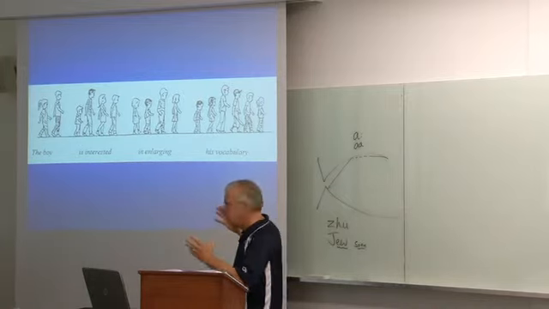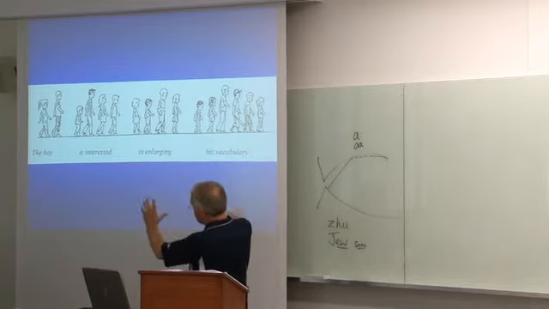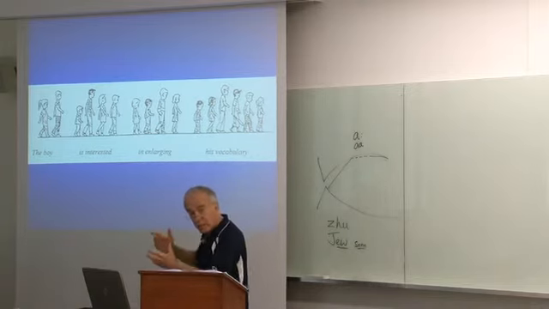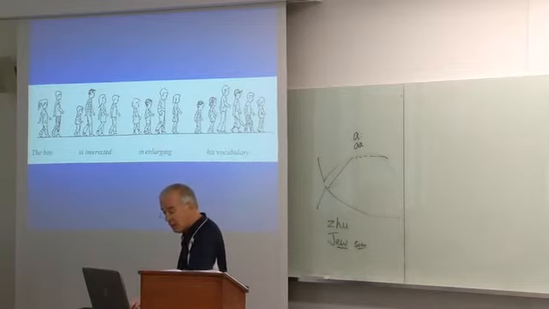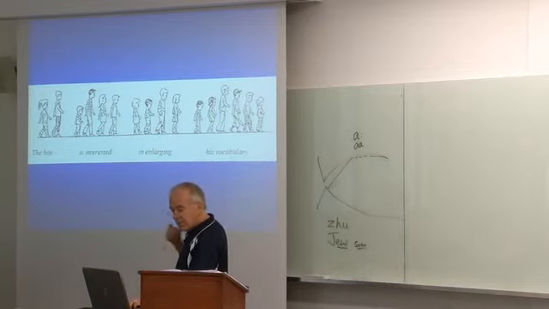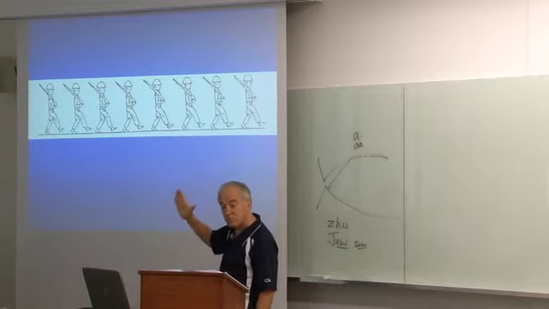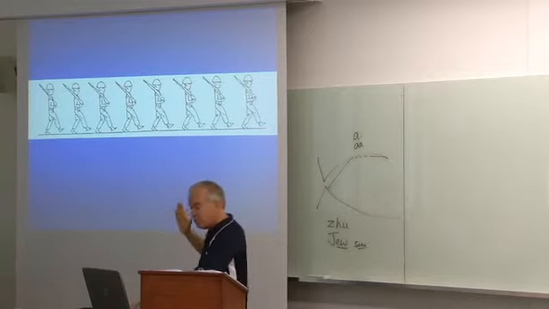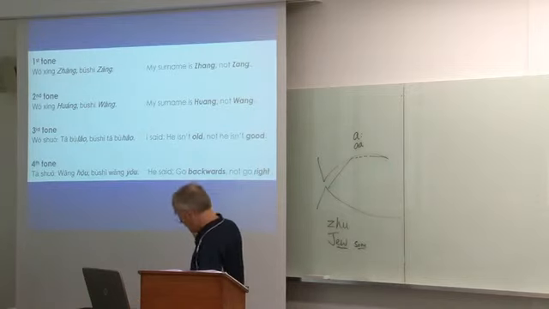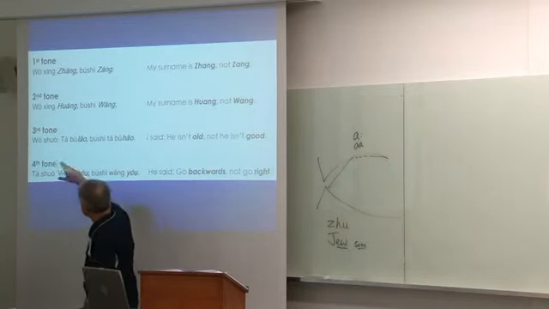In English we group words together. The boy is interested in enlarging his vocabulary. Jack and Jill went up the hill to fetch a pail of water. But in many Asian languages, like Chinese, it's more like soldiers marching. Boom, boom, boom, boom, boom, boom. Okay? We'll just use these two.